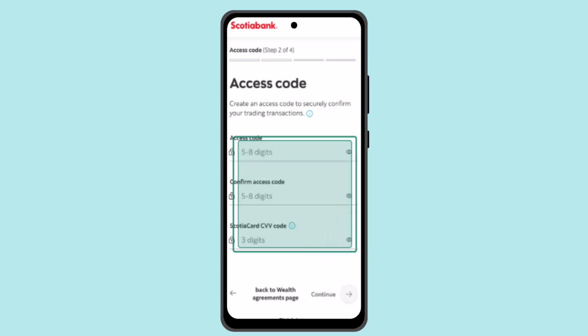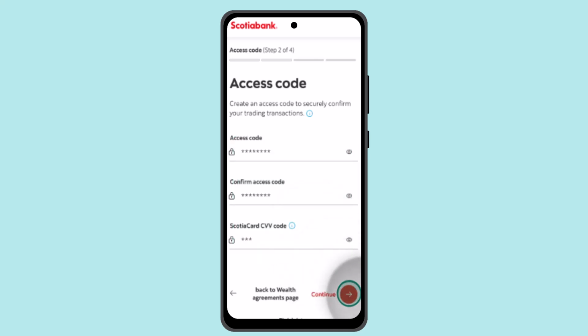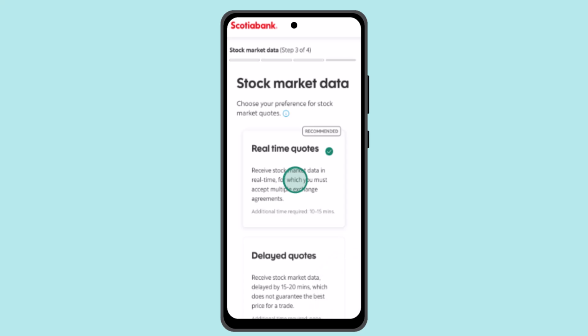So first thing, you have to go ahead and select the 5 or 8 digit code, and once again you need to confirm the access code by retyping it. Under it, you need to go ahead and type in the Scotia card or CVV code that is located on the back of your card. Once done, click on the continue button,